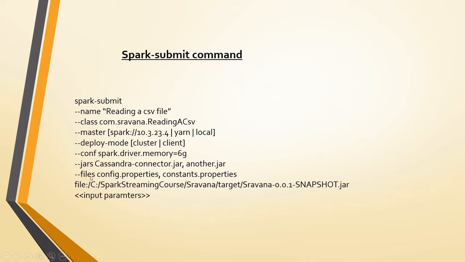Then files, let's say you have some files like config.property or any Kafka properties. If you don't want to hard code anything, you can declare them as global variables and have them in any of the property files. In such case you can pass all those things under files. Whatever you pass here should be handled in the code, so you should already have the code to read all these files you mention here.